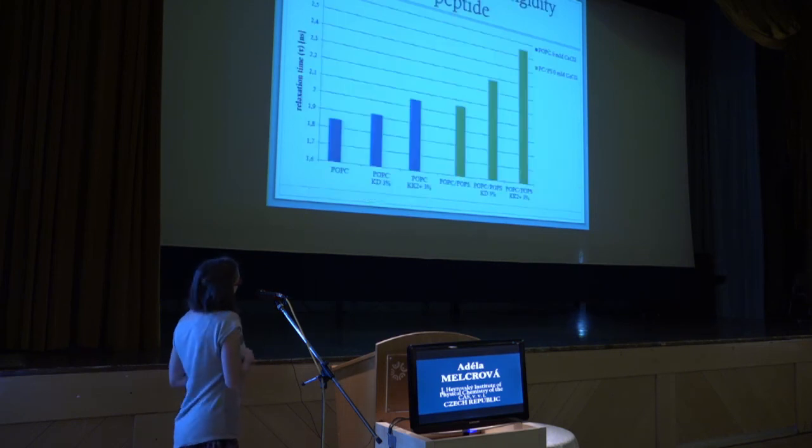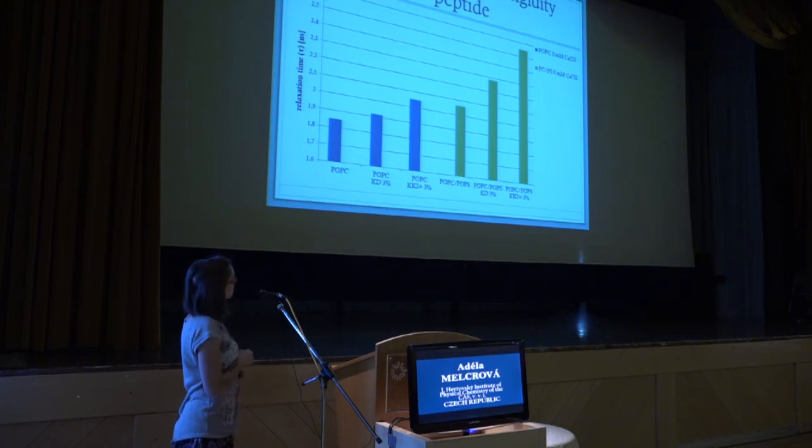And at this graph, you can see the results from the fluorescence experiments. On the y-axis, there is a relaxation time, and the higher the relaxation time is, the more rigid is the membrane. You can see that if you add the non-charged peptide to pure POPC membrane, the membrane is rigidified a little bit. But when you add the positively charged one, the rigidifying effect is higher, which is a little bit